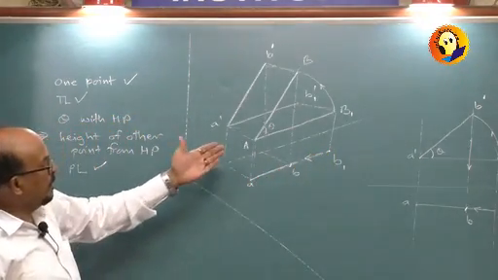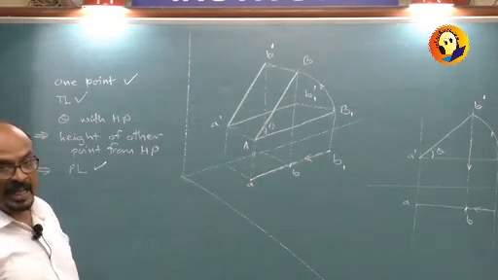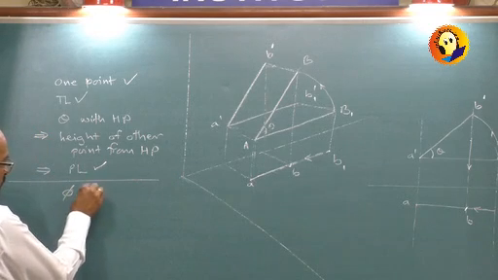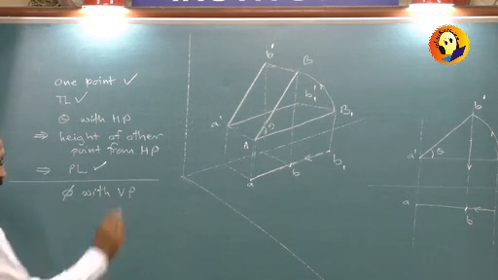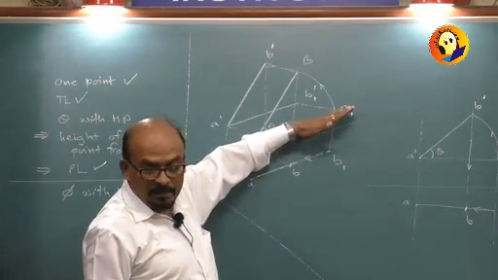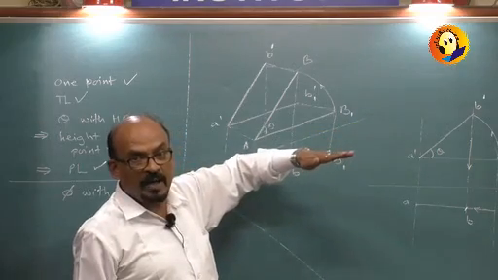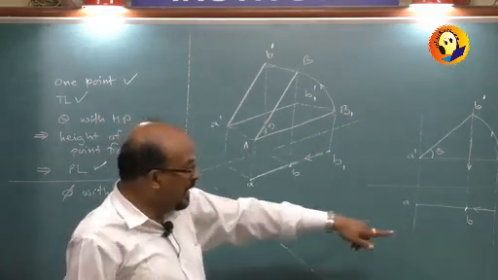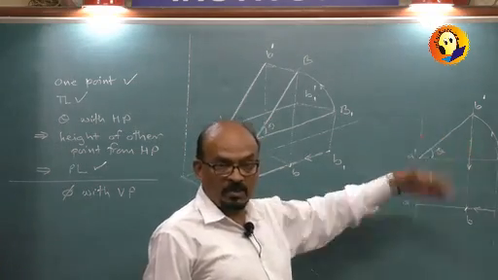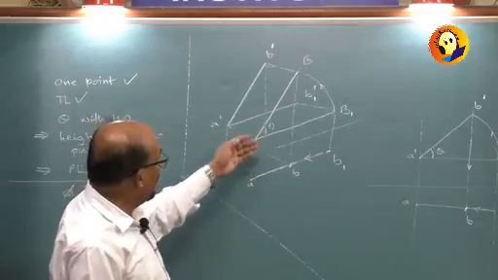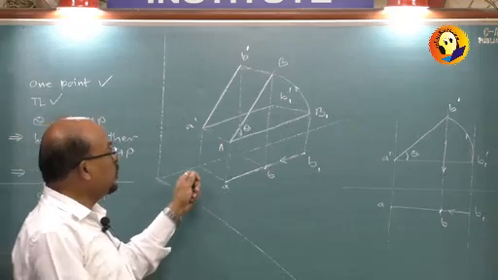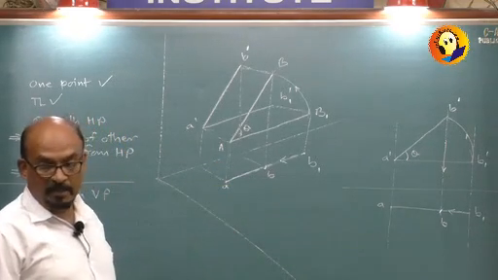Now I want to rotate this line so that it will make an angle of phi with VP. Now see the problem. Yesterday it was easier because the line was to remain parallel to HP and make angle phi with VP. So that angle was clearly visible in the top view, and elevation was parallel to XY. The figure was exactly opposite to this. Now if I am to rotate this particular line AB after rotating by theta so that it should make an angle phi with VP,